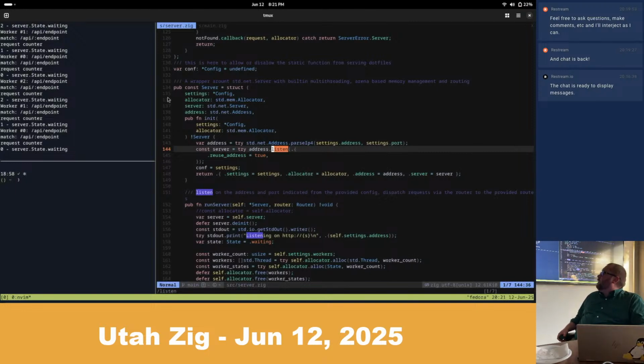But this part right here that you see in that init function is how you just initiate a web server in Zig.